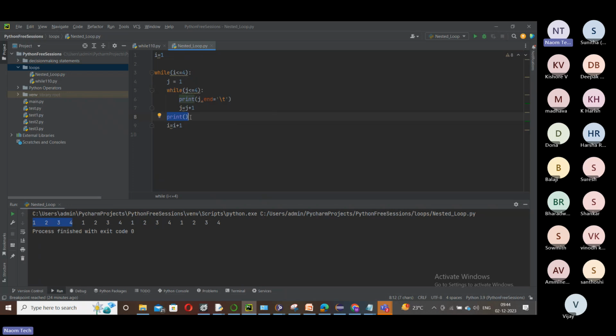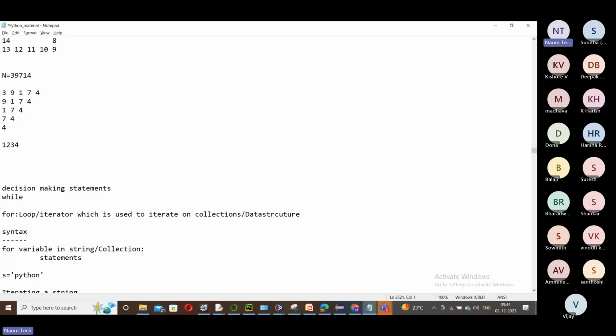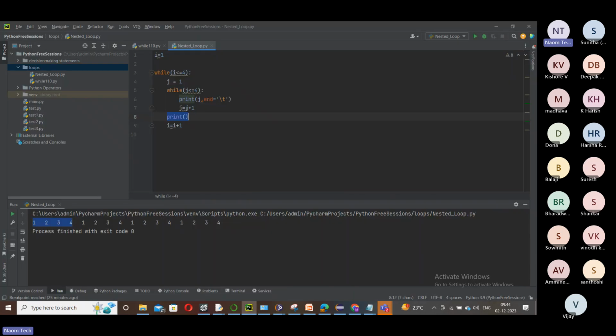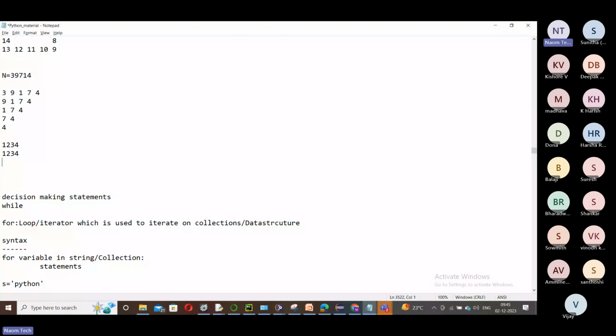This print will push the cursor, which is waiting at the top of the first line, to the next line. Now when the inner loop iterates again, the values get printed in the second line. Again this print gets executed, the cursor moves, and the output is in the third line.